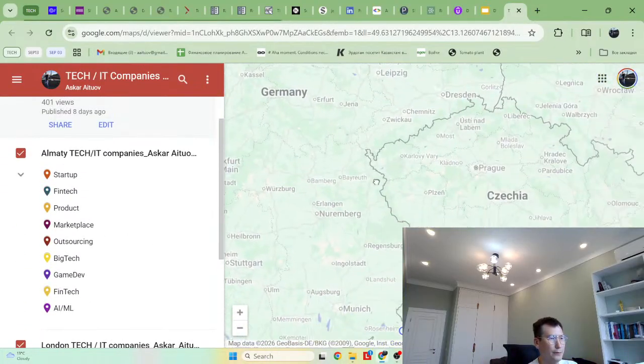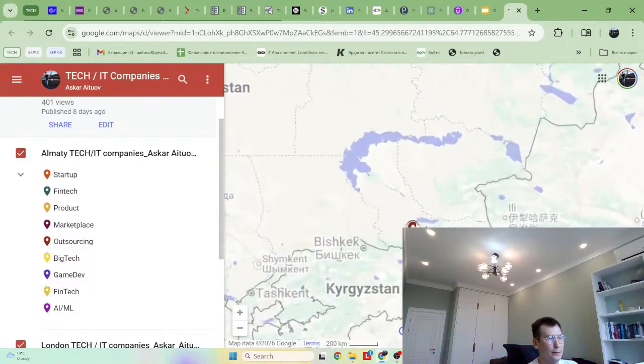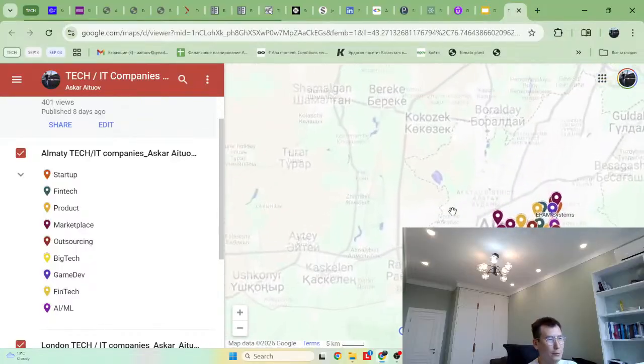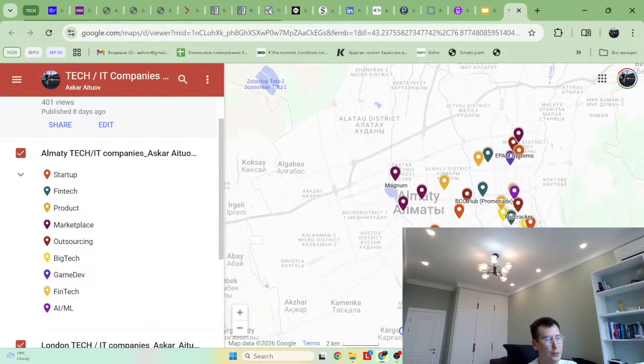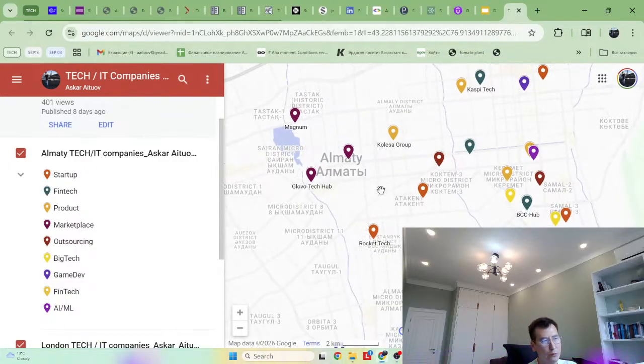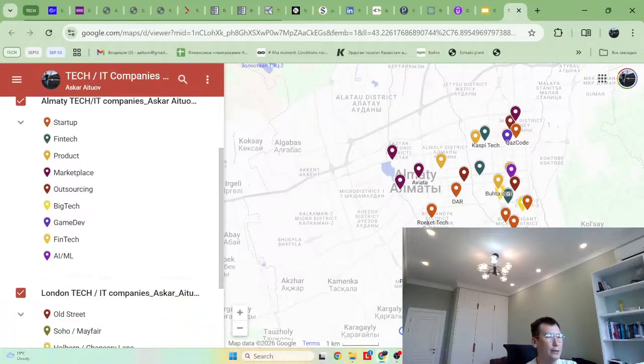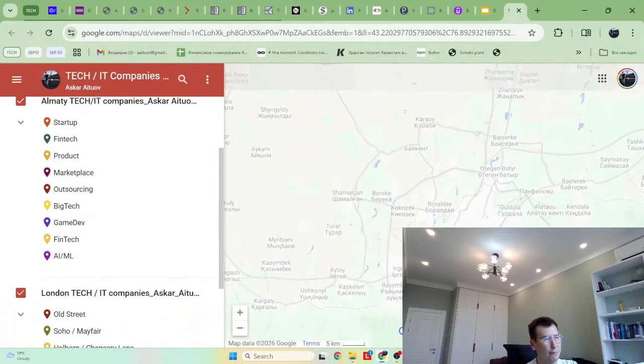And the Almaty map, because I shared it in the community, I received a lot of feedback on what companies to add. Here is BC Hub, I work here, and I improved it. And actually every week I add some companies, and it's getting better and better every time.